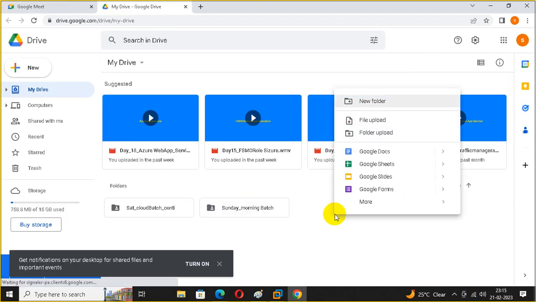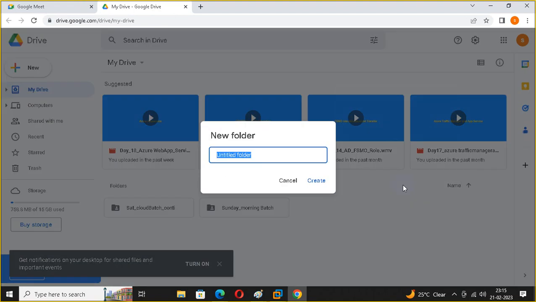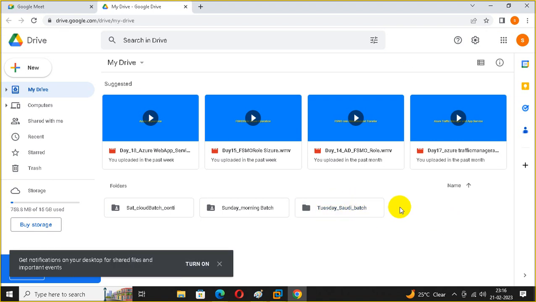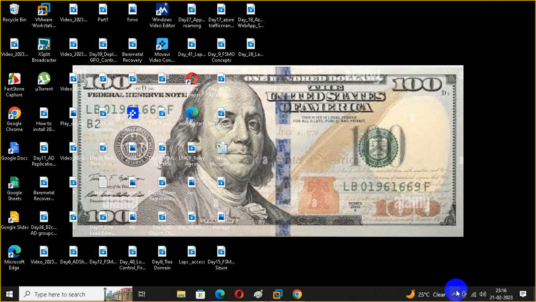Let me create a folder. It is on Tuesday, UAE batch, Saudi batch, Tuesday Saudi batch, because the number of people from Saudi is high, with only one person from India, so the batch name is Saudi. Okay, so let me